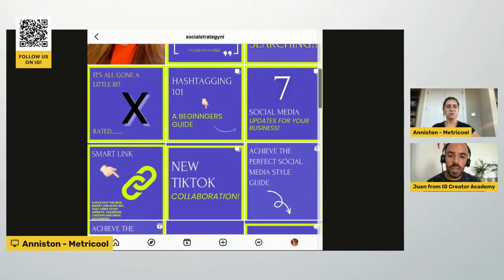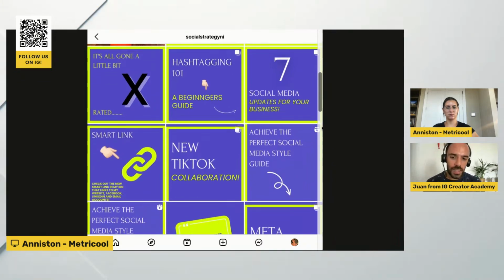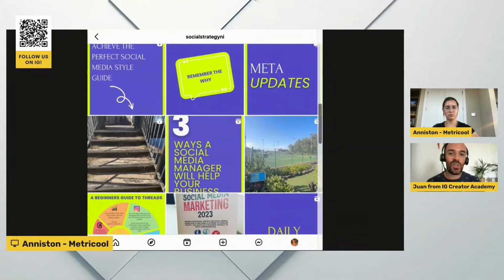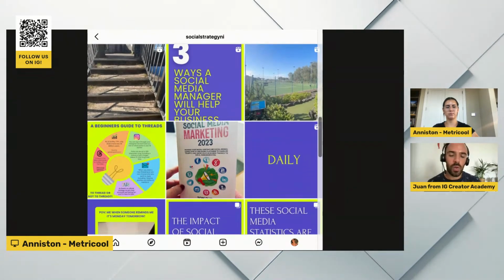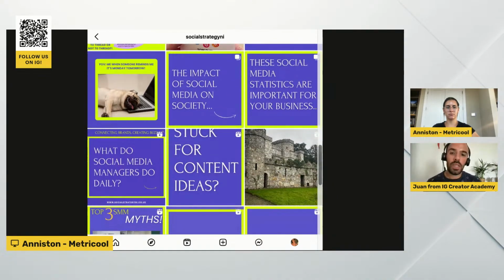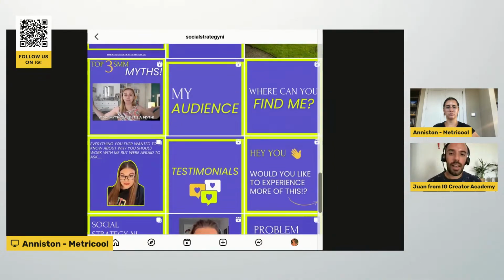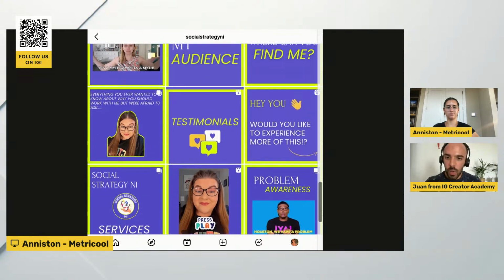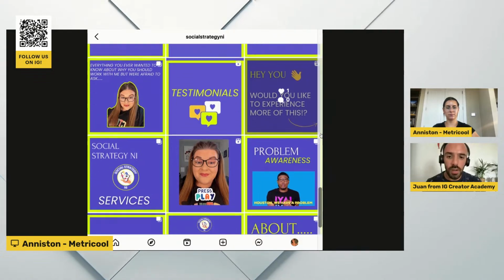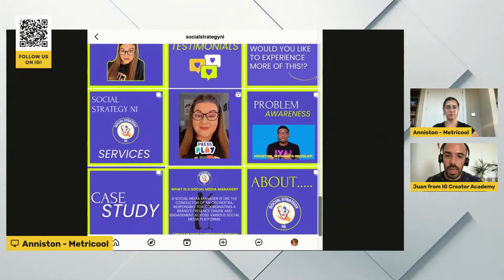New TikTok collaboration. I don't see a lot of her face though, only in the first post. You need to show your face more, especially if you are working as a strategist, consultant, or coach and you're working with people. People need to see your face more often. Those over here work better, but yeah, they need to see more.